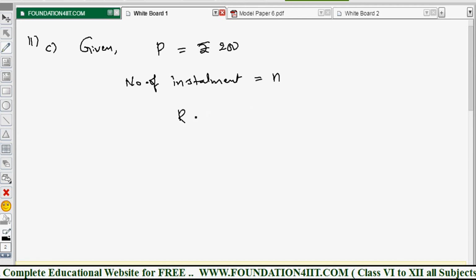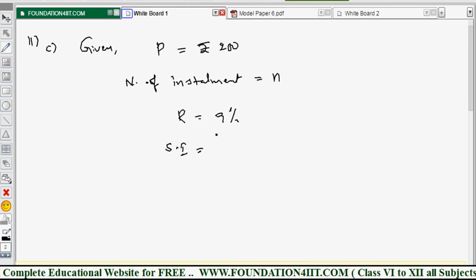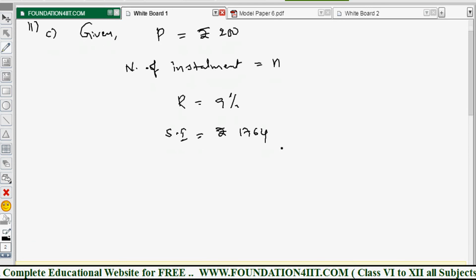Then the rate of interest is given, 9%, and simple interest is given. Total interest earned, that is simple interest, is rupees 1764. Now according to the problem, the formula is P into n into n plus 1 by 2